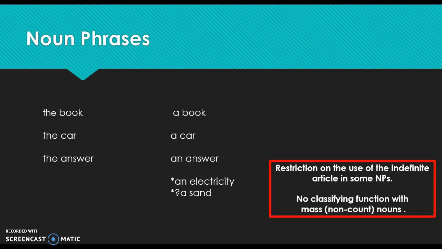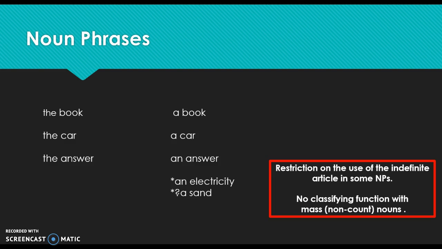Well, there seems to be some sort of restriction on the use of the indefinite article in some noun phrases. We can say the electricity went out and I put my feet in the sand, right? There are those nouns that can be with the definite article, but there seems to be some restriction on the use of the indefinite article